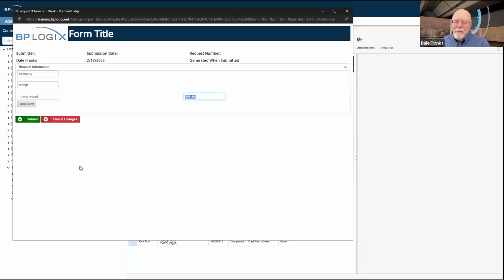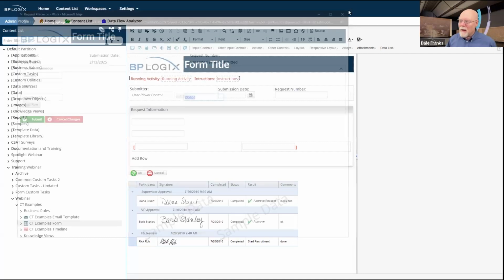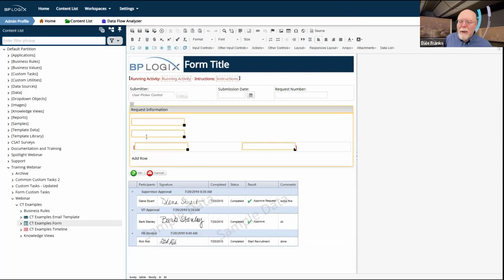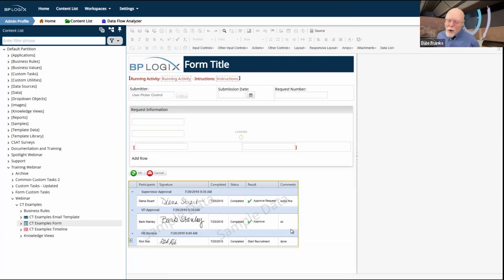But if your event field is 30 fields into the form when it kicks off and then throws you back up to the top, you're going to be hating life as an end user. So I've got to be able to fix that. So anytime that I have a form with an event field, I'm almost 100% going to have to throw in the set focus custom task on that form to eliminate this problem.